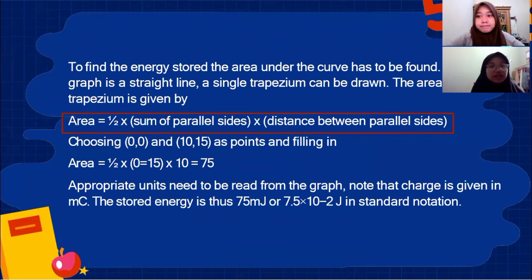To define the energy stored, the area under the curve has to be found. Since the graph is a straight line, a single trapezium can be drawn. The area of the trapezium is given by the formula we know to find the area of a trapezium. So area equals